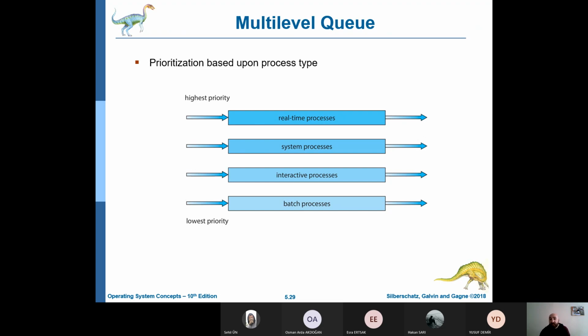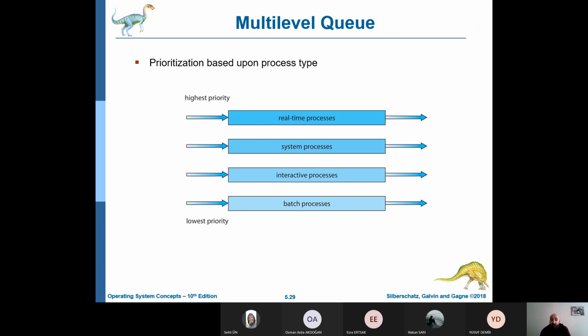These two types of processes have different response time requirements and so may have different scheduling needs. Separate queues might be used for foreground and background processes, and each queue might have its own scheduling algorithm. The foreground queue might be scheduled by a round-robin algorithm, for example, while the background queue is scheduled by a